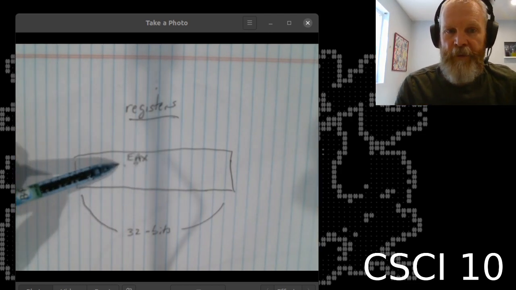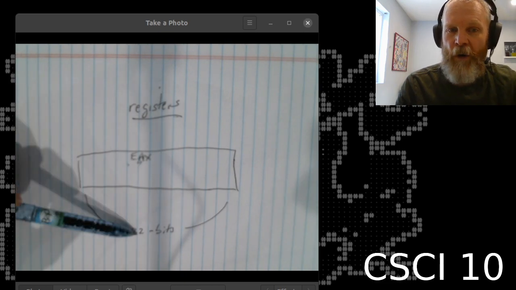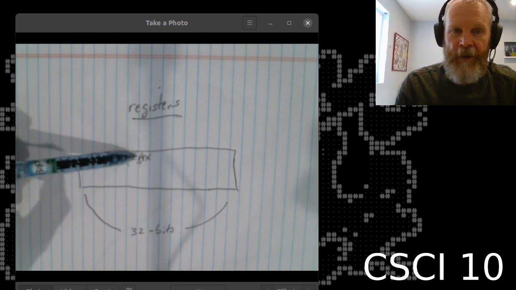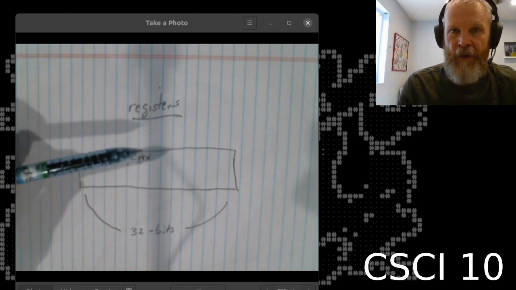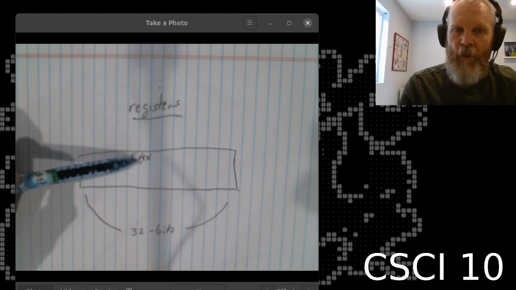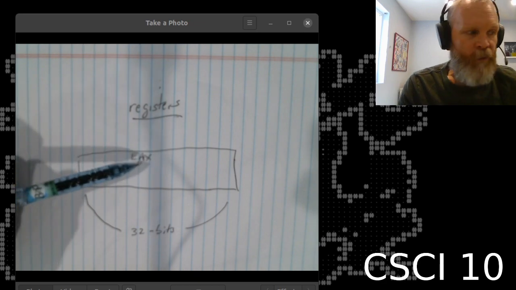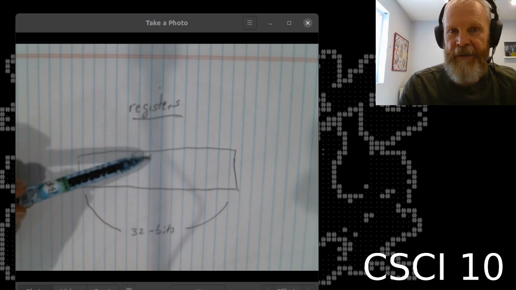So you get 32 bits of storage in there, which would allow you to store anything that's 32 bits or smaller. Let's deal with EAX first, and then we'll look at the others. There are several of these. We only ever use about 4 of them in this class, but there are more on there than just the 4 that we will use. But this is one of them, EAX. One of the cool things about this, though, is that EAX is actually laying over the top